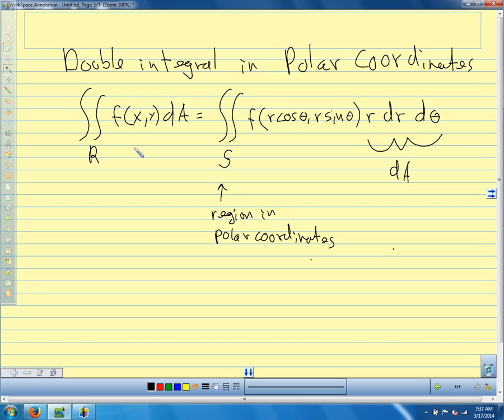And so just like we did when we talked about these in rectangular coordinates, this doesn't tell us how we evaluate these integrals. Well, we can use something similar to Fubini's theorem to evaluate these double integrals, and we evaluate double integrals in polar coordinates as iterated integrals in polar coordinates, just like we did with rectangular coordinates. So to evaluate these,